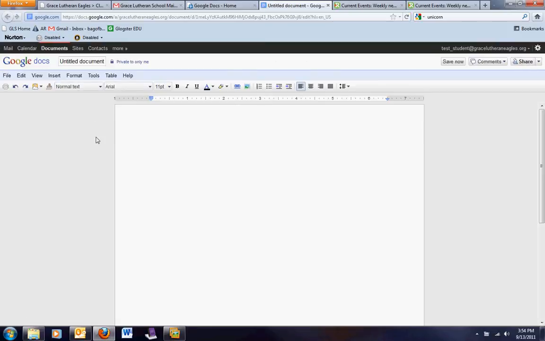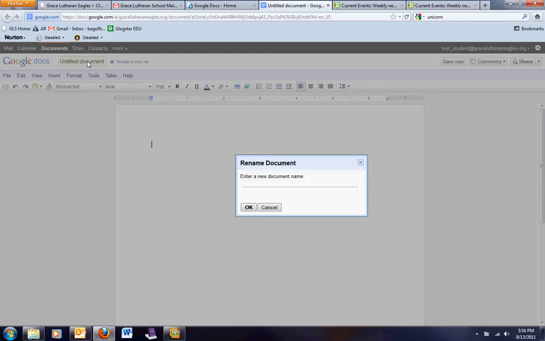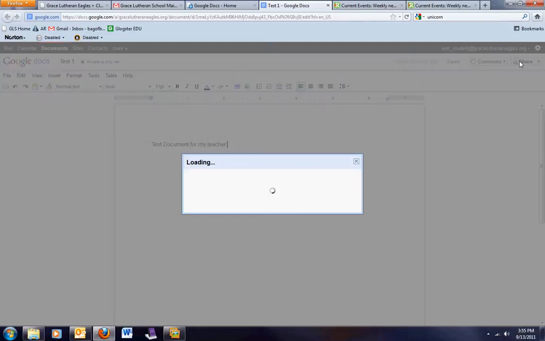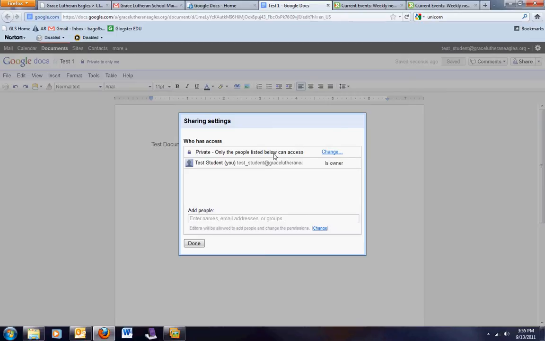And there's several things they can do. First, they can change the document title by simply clicking in the box, and if they wanted to make this a new document title, they'd type in what they wanted and click OK. Here you'll see that it says private only to me. If they wanted, after they're done typing, they can come over to the right hand side of the screen, click share, and it'll come up with a